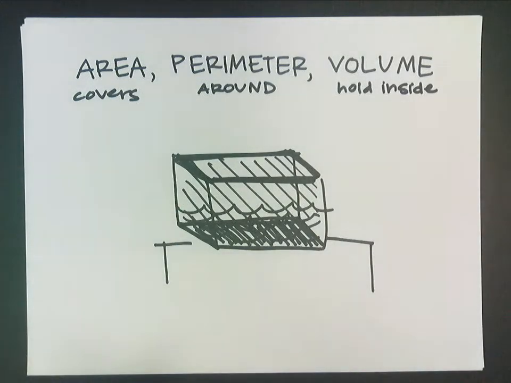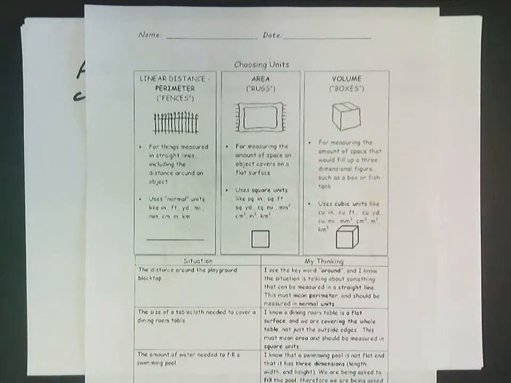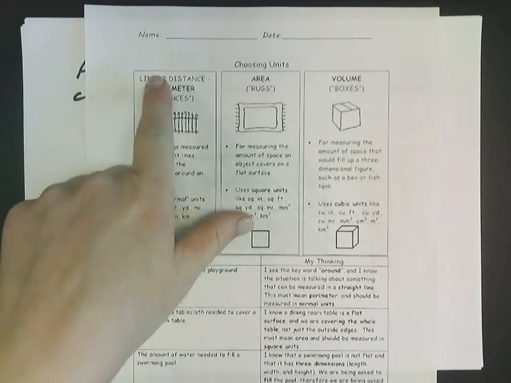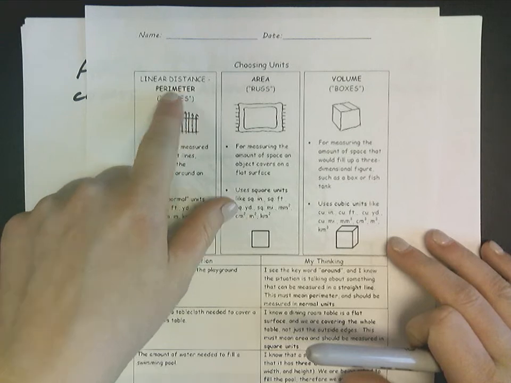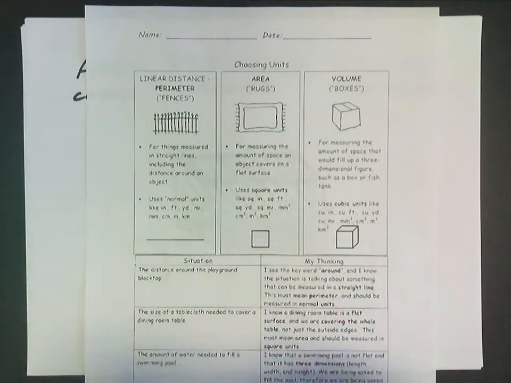So on your notes, you have a sheet that says choosing units. So it's going to tell you the difference. Linear distance is measured with perimeter. You can think of fences when you think of that. So if you